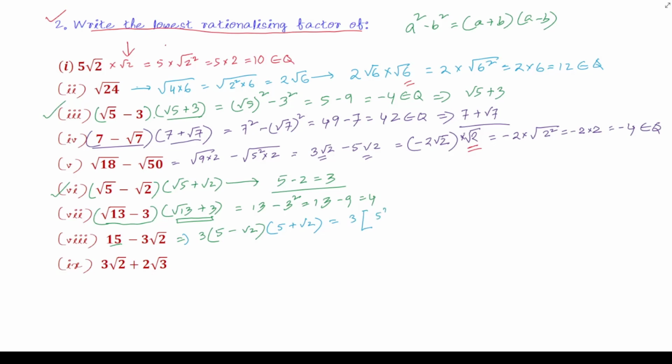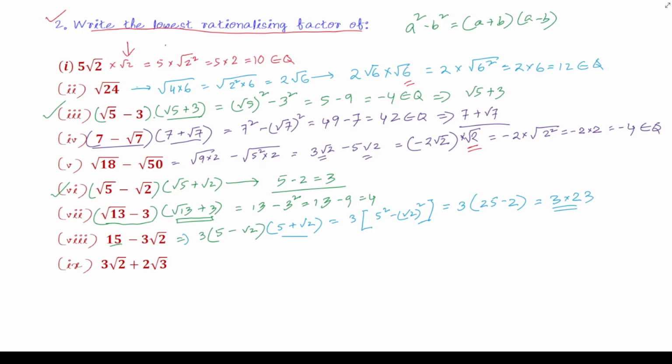So 5 squared minus root 2 squared, with 3 common. 5 squared is 25, and this is 2. So this is equal to 3 multiplied by 23. So this is also a rational number. So the lowest rationalizing factor is this one,